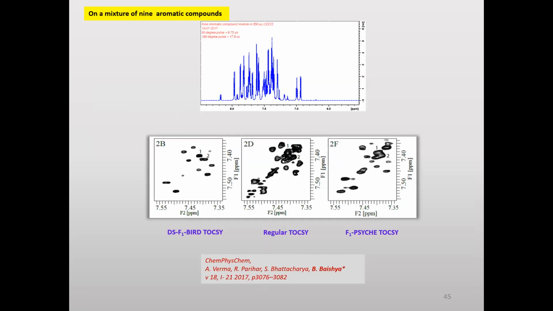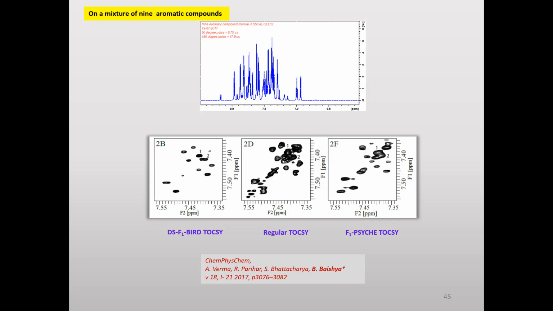You can see that the F1 cytotoxi as well as the F1 BART toxi, both are better than the regular toxi experiment because the multiplets are replaced by singlets in the indirect dimension in both BART toxi as well as cytotoxi. But the BART toxi performs better than cytotoxi for this kind of aromatic mixture because the diagonal is absent